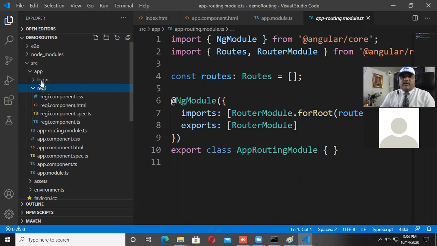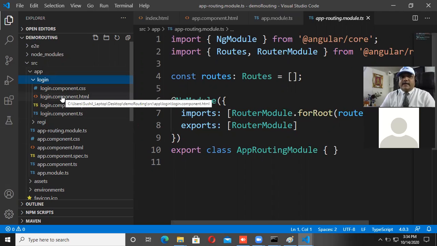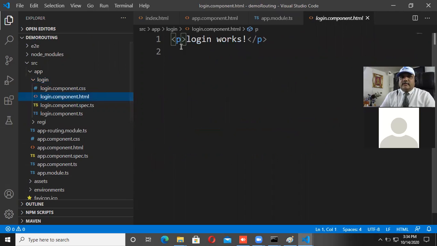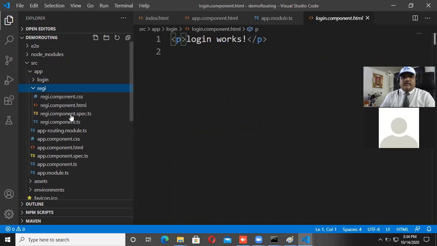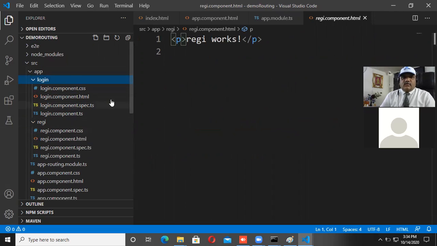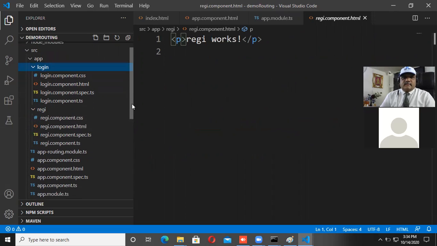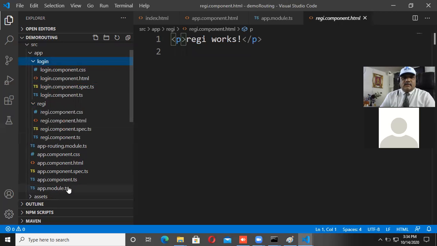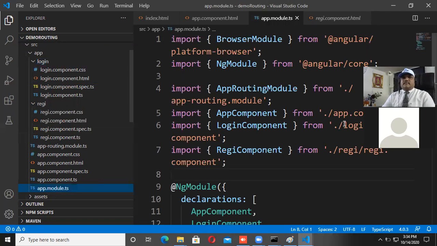You already know that whenever a component is generated, three files of code will be added. Here it is, login works is written by default, and in the regi component, regi works is defined. Now, if you go to app.module.ts,